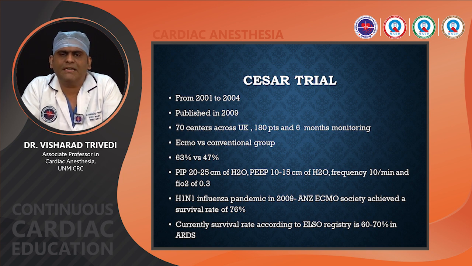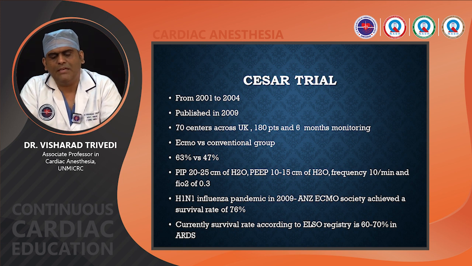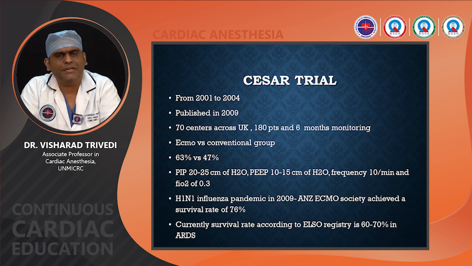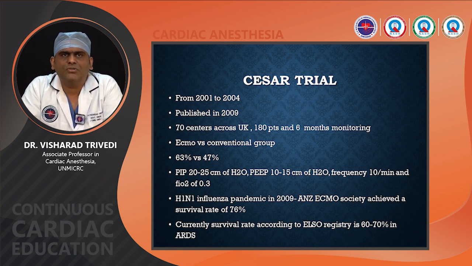So what the CESAR trial has done is they have put the patients on ECMO versus conventional management, but on ECMO they also used lung protective strategies. They maintained the peak inspiratory pressure at around 20-25, with a PEEP of 10 to 15 centimeter of H2O, and a respiratory rate of around 10 per minute, so that the lung should be protected. And so they got good results, and it proved to be a breakthrough trial in the case of VV ECMO or respiratory